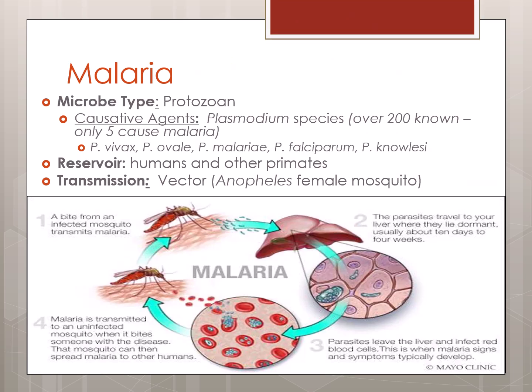All right, this starts us off with the first disease of the circulatory system, and that is malaria. Malaria is a protozoan caused by a Plasmodium species. There are 5 main species of Plasmodium that will cause malaria. These are types of protozoans, of course. So the reservoir is going to be in humans and other primates, and the transmission is going to be a